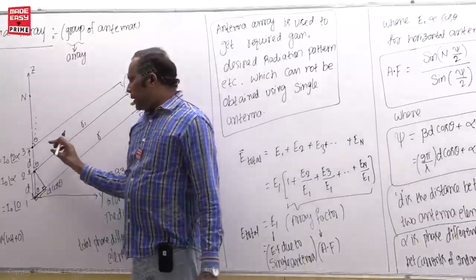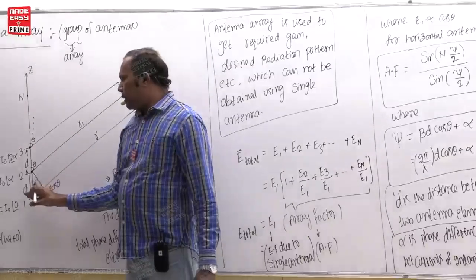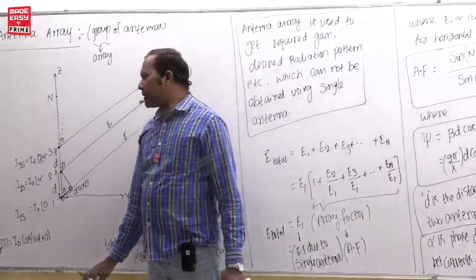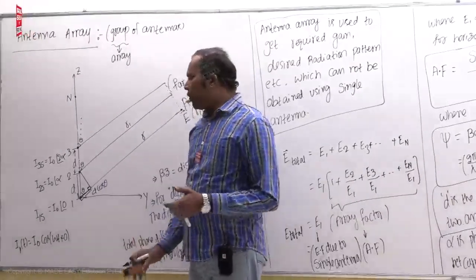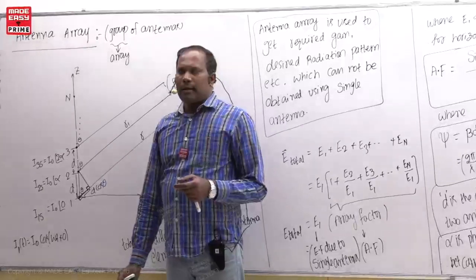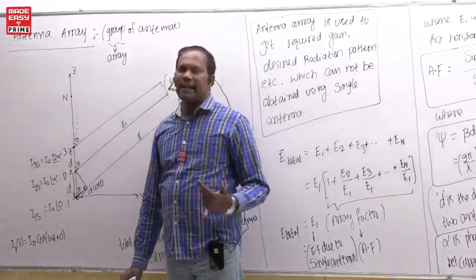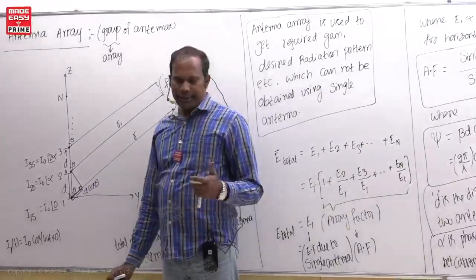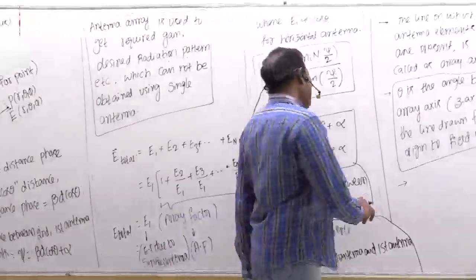So linear array means distance are same. Then uniform array means current magnitudes are also same. So linear and uniform array satisfies all of our requirements like gains, radiation characteristics. That is why we use linear and uniform array only. So I will write the definition also there. So here,